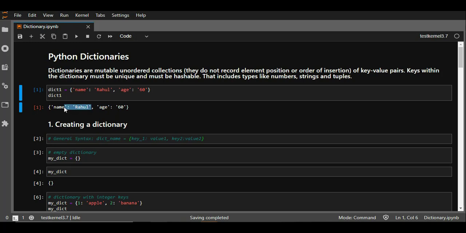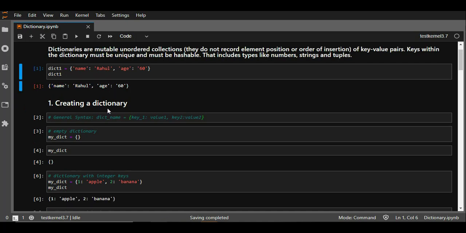Now considering the first key value pair, which is separated by a colon, the value to the left-hand side of it is the key of that particular pair, whereas to the right is the value of that particular key, which I can access. Right. This is basically how a dictionary is created. Just place key value pairs inside the curly brackets and there it is.